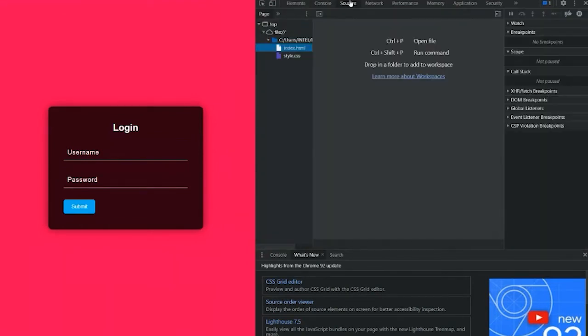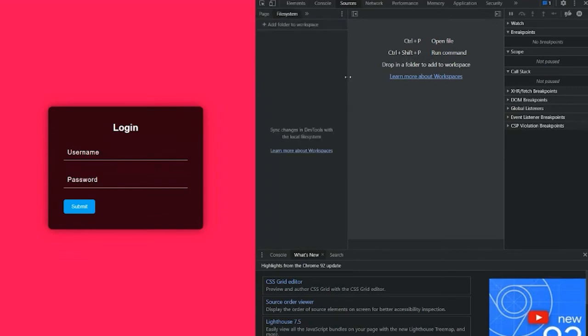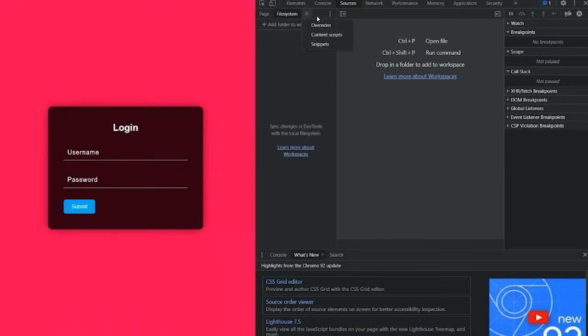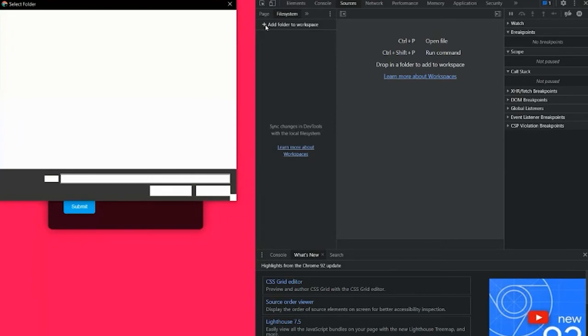And then you have to go to Sources. You will find the file system here, actually the file system for the page. But when you're editing the local file, what you can do is go to the file system. Maybe initially it won't show up, so you have to expand this a little, or see the drop down here. Go to file system, add a folder to workspace.